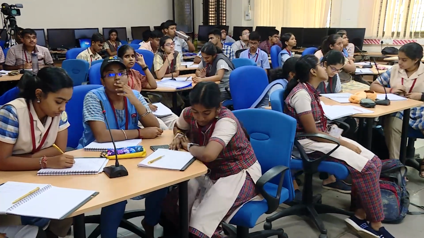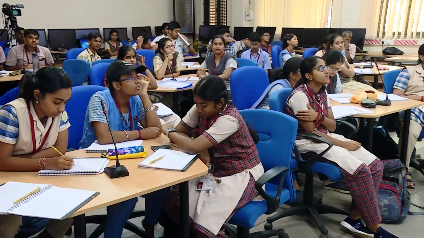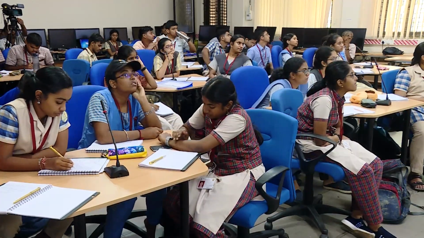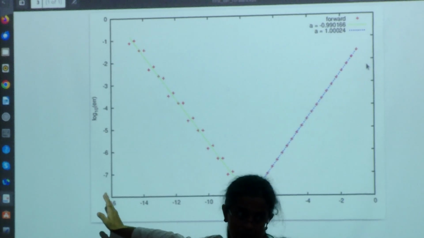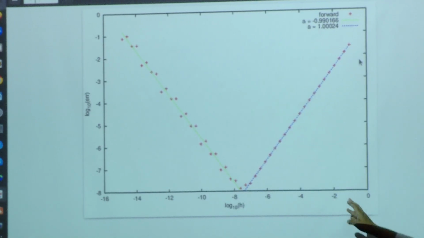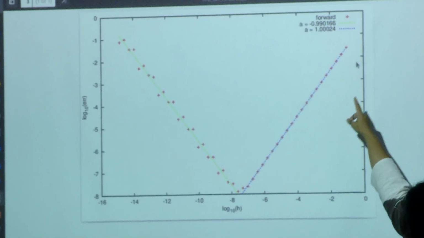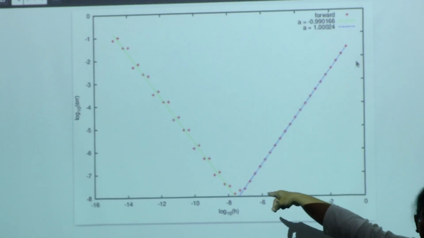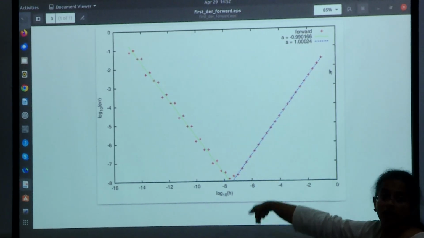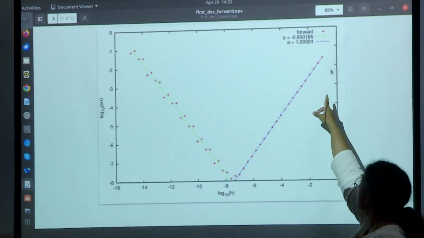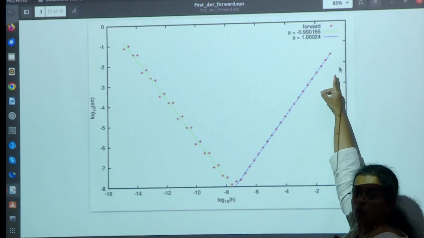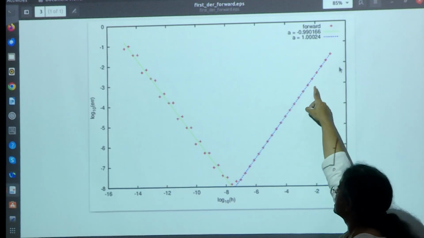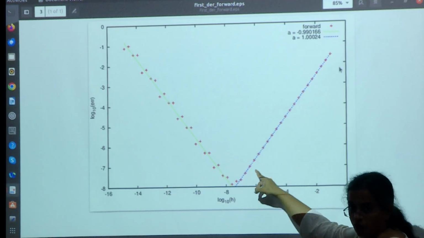So you see, I start, so the h, so this is a log plot, okay? So large values of h is here, and as I decrease h, its powers go down, okay? So now what happens? The red dots are the actual numbers I have calculated. The lines are the fit. Okay, so you see the red dots. So first, this is of order 10 to the minus 1. It is large. Then as I decrease my h, the error starts to fall off.